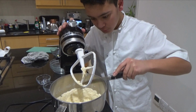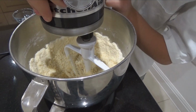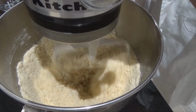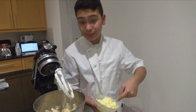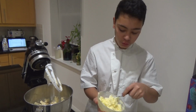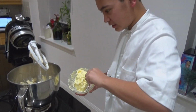Fresh vanilla pod. Now the next ingredient is lard. Now it's better with lard, but I only have half lard, so the other half is butter. So I'm gonna use that, and also make sure to whisk it to make it into a sort of cream, I guess, because it makes it easier. But anyway, let's